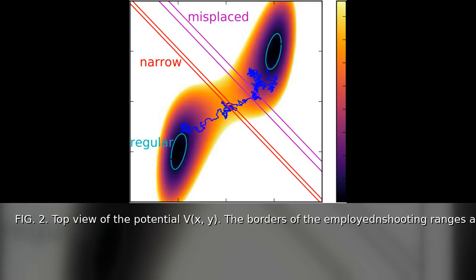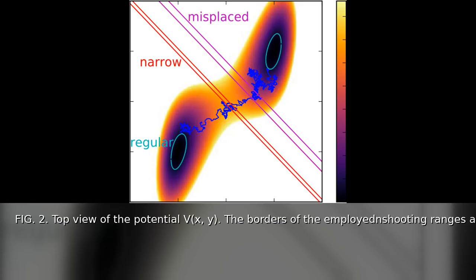The figure shows three different shooting ranges used to generate transition paths, delineated by colored borders: red for a narrow shooting range, magenta for a misplaced shooting range, and cyan for a regular shooting range. The regular shooting range covers the full area outside of states A and B, as indicated by the cyan boundaries. For illustrative purposes, a sample transition path produced by overdamped Langevin dynamics is shown in blue, indicating a typical traversal